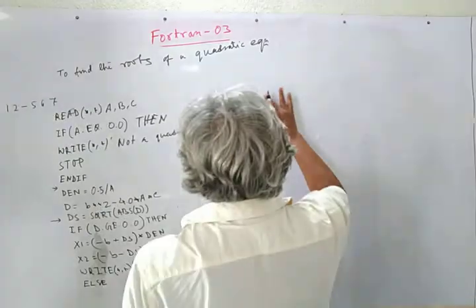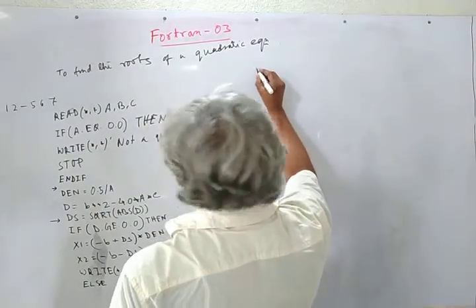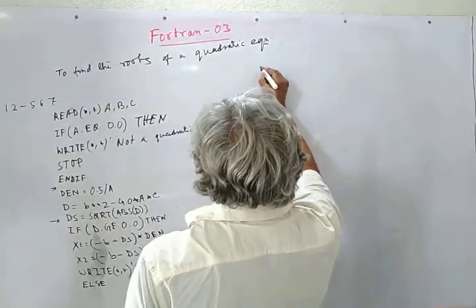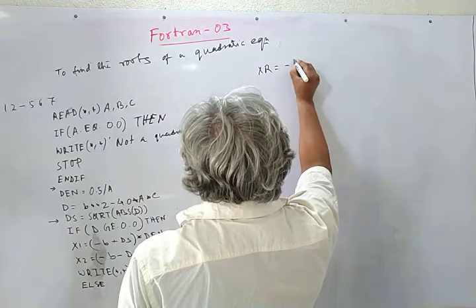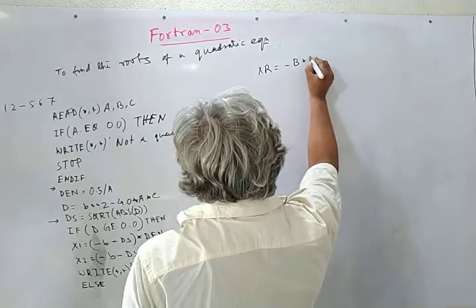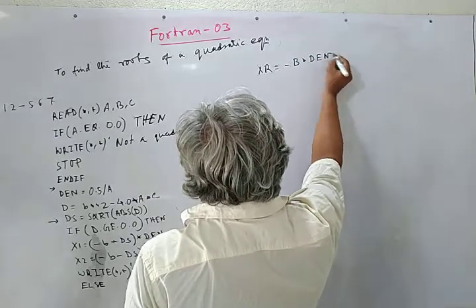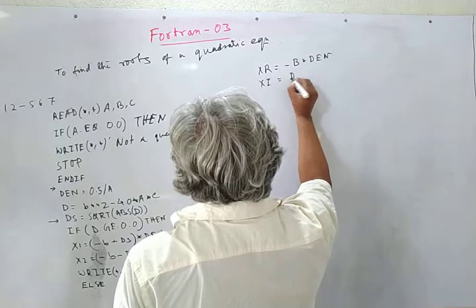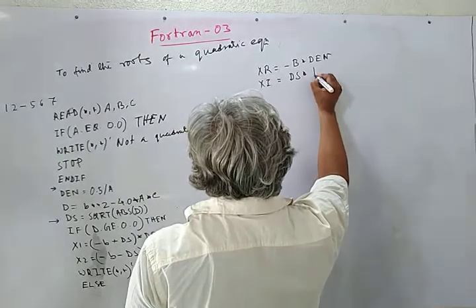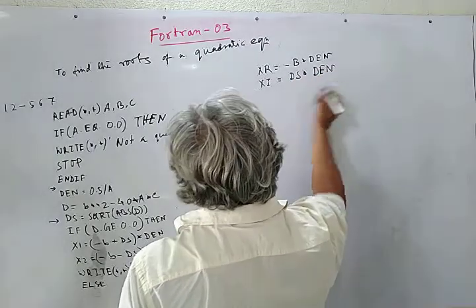After else we write xr is equal to minus b star den and xi is equal to ds star den, and write